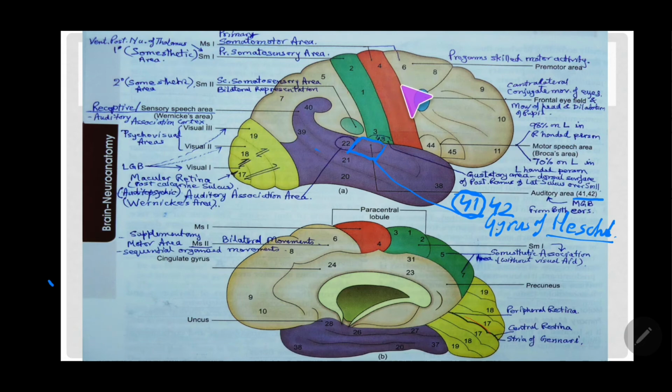You just memorize. In fact, memorizing what you have studied with your eyes closed or without a diagram in front, just memorizing with pictures, imagining, that even helps you retain the concept for a longer time. So now start thinking. I've already taught you about all this. So in the transverse section of the pons, let's talk about it.